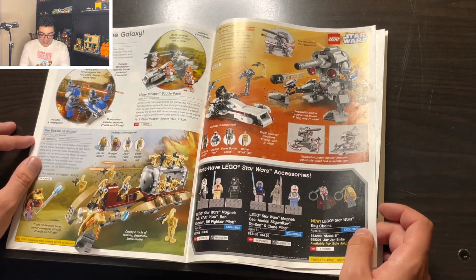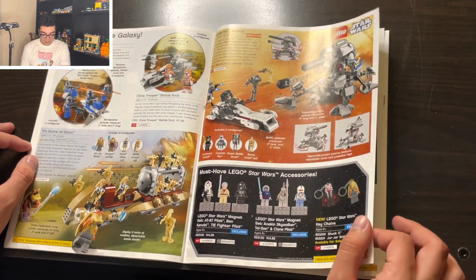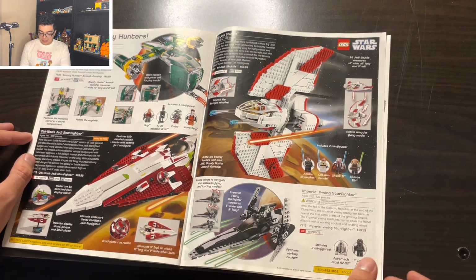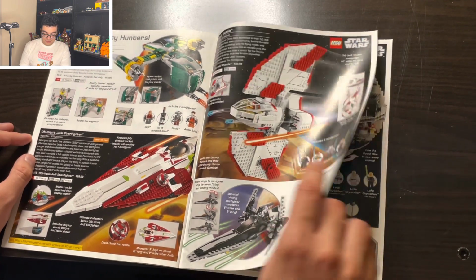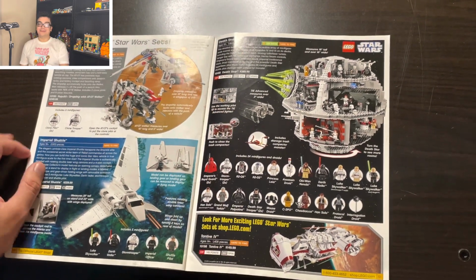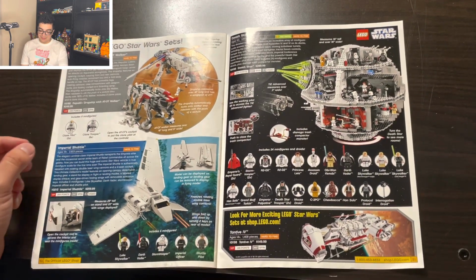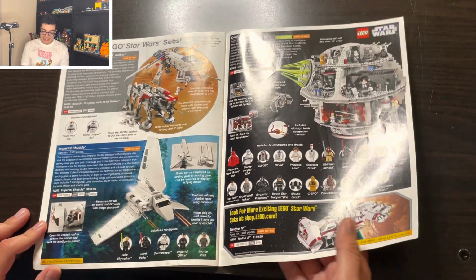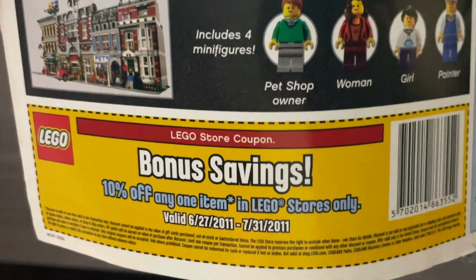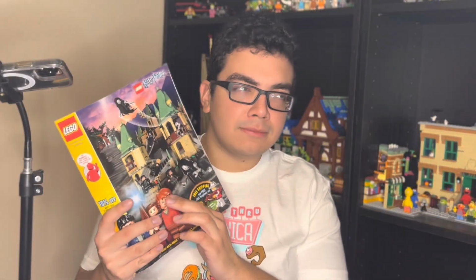Yeah. And we got a lot of clone stuff. Don't have much to say about these. Prequel and clone stuff. They did a Clone Wars direct-to-consumer set with this Republic dropship with AT-OT. That was kind of interesting to see. And the Tantive at the end there, and the original release of the Death Star. And I missed these when they would give a 10% off coupon with these catalogs. But anyways,